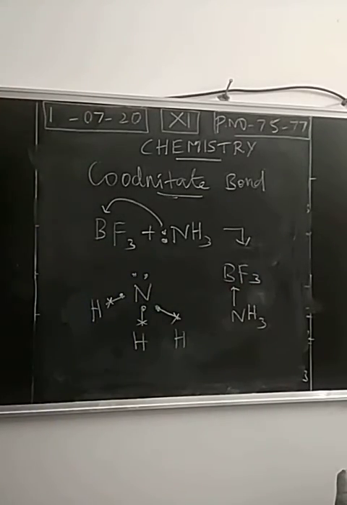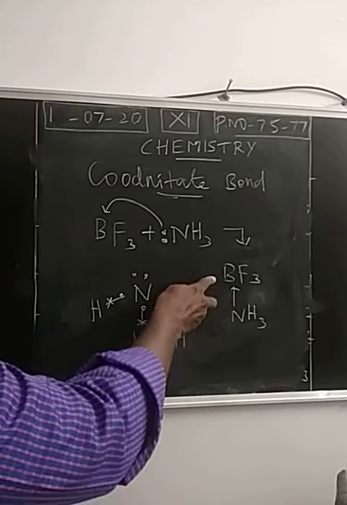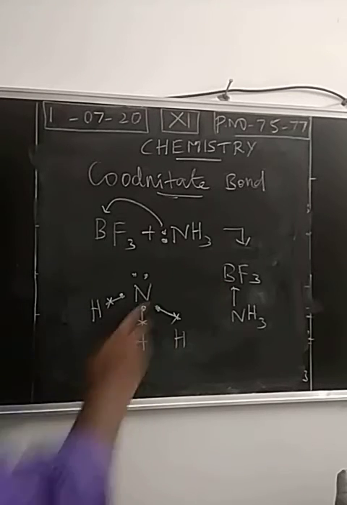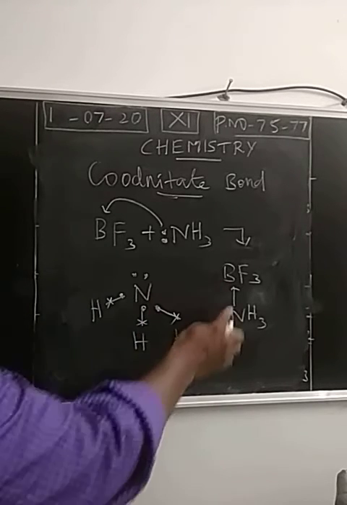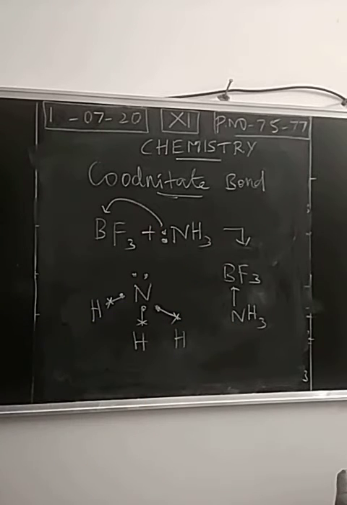So due to the donation of a lone pair of electrons, a bond is formed between two atoms of two different molecules. So this bond is actually called as what? Coordinate covalent bond. Ionic bond means between the cation and anion, an electrostatic force of attraction is present. That is ionic bond. If atoms are mutually sharing electrons, both the atoms sharing one electron each, it forms a covalent bond. For one covalent bond, two electrons or one pair of electrons. So what do we call that pair of electrons? Bonded pair or shared pair of electrons.